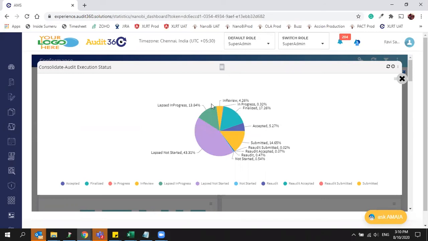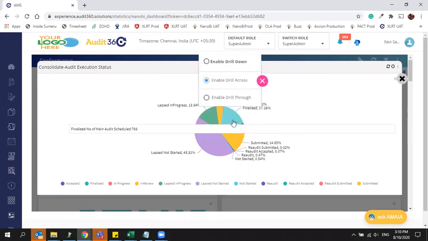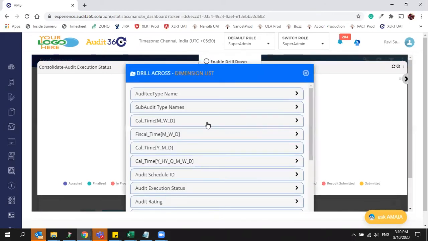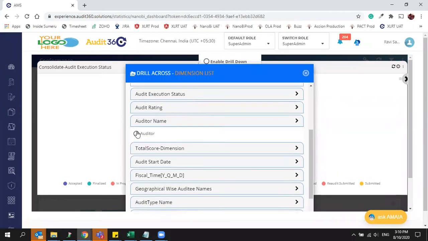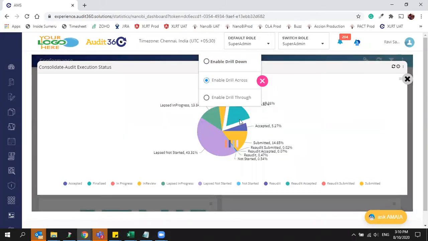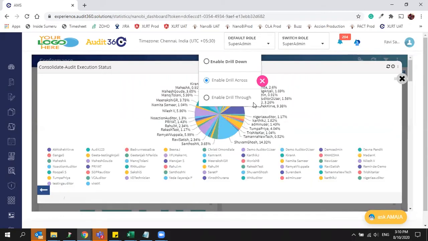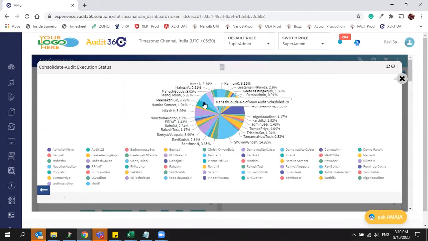Within this dashboard only, you can choose drill across. Then if you want to see the auditor name, you can choose that. So within this chart only, you can see for finalized audits which auditors gave more contribution.